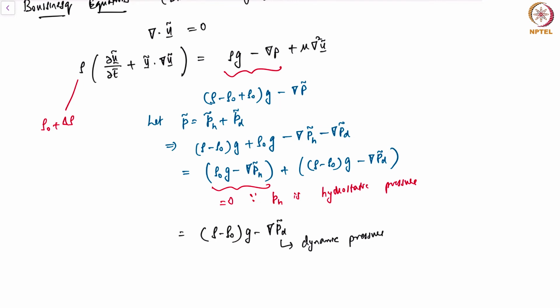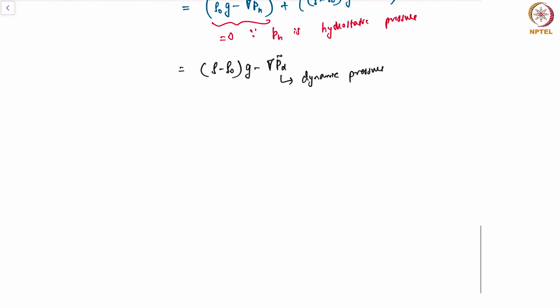One can systematically analyze the validity of the Boussinesq approximation, the limits of this approximation, but that will be beyond this course. Professor Gary Leal's book on advanced transport phenomena, one of the books recommended for this course, contains a discussion on this topic. So now with the Boussinesq approximation, we have